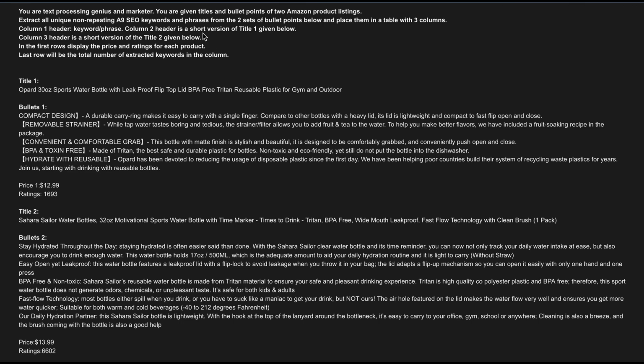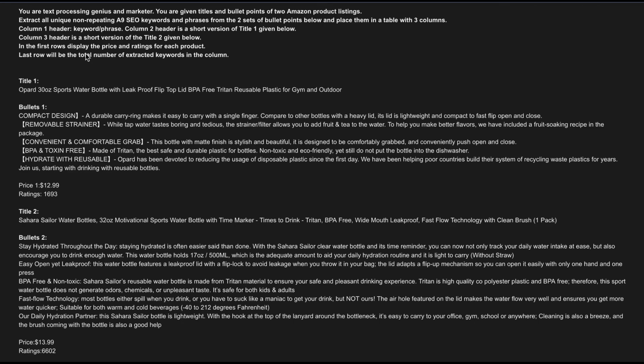So you see how I'm really careful about where it should position each item. And this is without me determining the temperature. I just tell it to be a marketing and text processing genius so that it can determine itself. Yet, if I'm not very specific, every time you generate a table like this, it could be slightly different. So the more specific you are, the more you're going to get the same result every time.